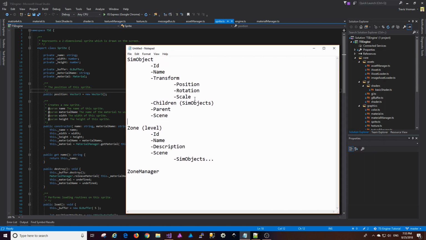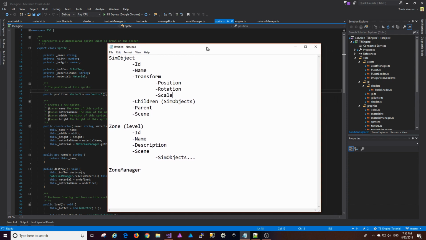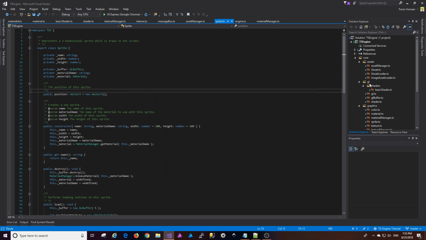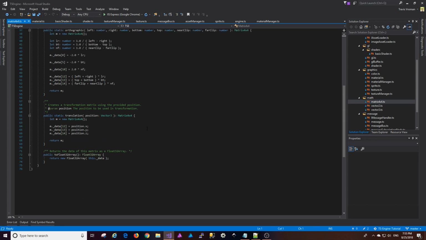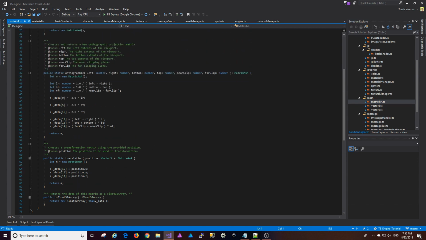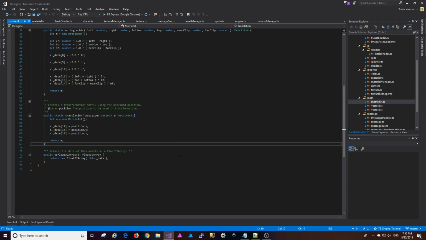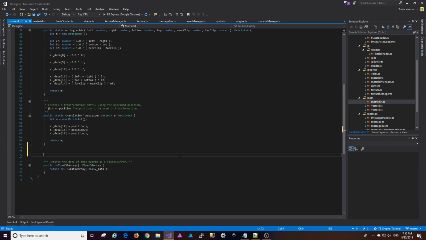So the first thing that I actually want to tackle is transform. But in order to actually tackle transform, we need to extend a couple of our classes and add some functionality first. So in our project, if I go to Math and then open up Matrix 4x4, we already have support in here for a translation. And what I actually need now is a new method, and it's going to be a public static,